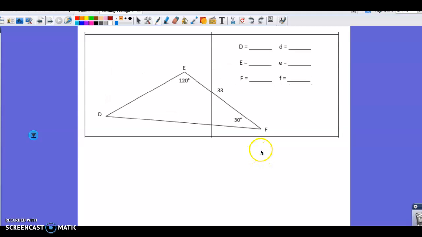It's the old triangle inequality theorem. All right, so angle E is 120. Angle F is 30. So I can find D. If I know two, I know three, always. 180 minus 120 is 60. Minus 30 is 30. And now, because of the triangle inequality, your largest angle is going to give you